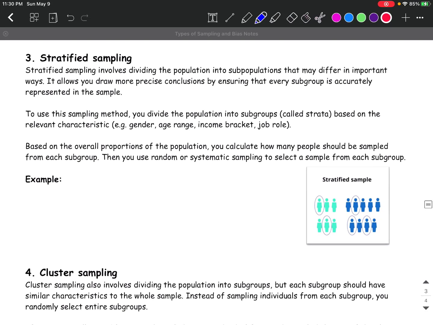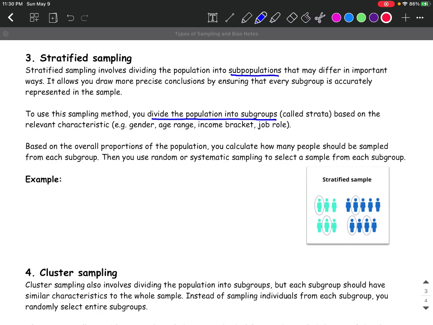Now, stratified sampling involves dividing the population into subpopulations. So we're going to break them into groups that may differ in important ways. It allows you to draw more precise conclusions by ensuring that every subgroup is accurately represented in the sample. Okay, so to use this sampling method, you divide the population into subgroups, which are called strata, based on relevant